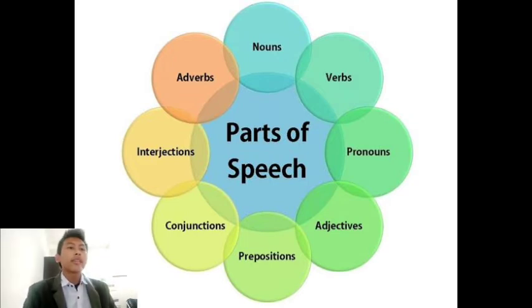Next is about adjective. Adjective is a word used to describe or modify a noun or pronoun, usually coming before a noun or pronoun. However, it can also be located after linking verbs such as be, seem, or taste. For a noun or pronoun, there can be more than one adjective. Examples are old, young, bad, fat, thick, big, small, pretty, and etc.